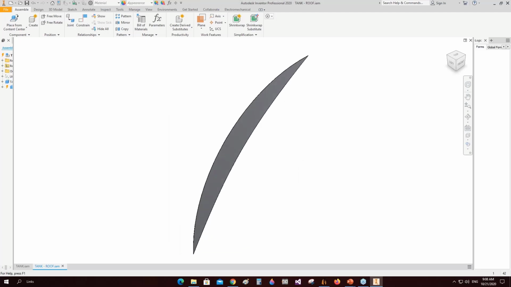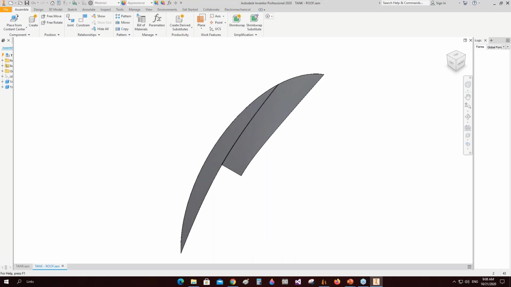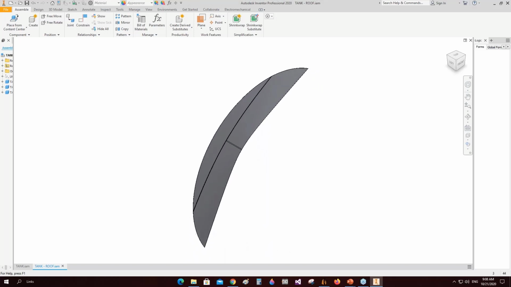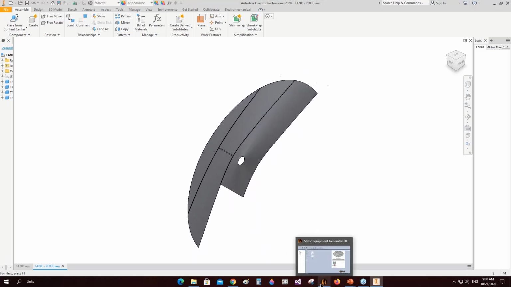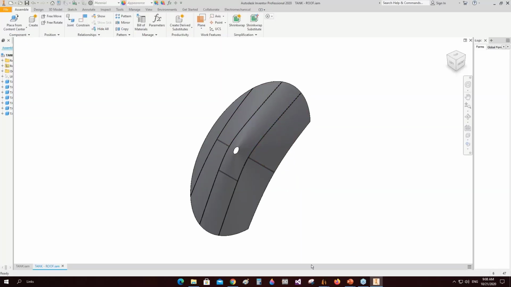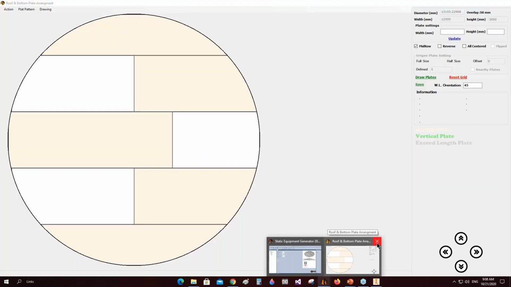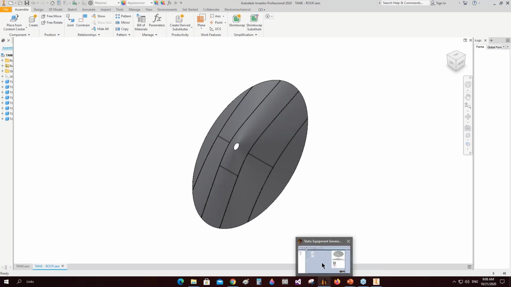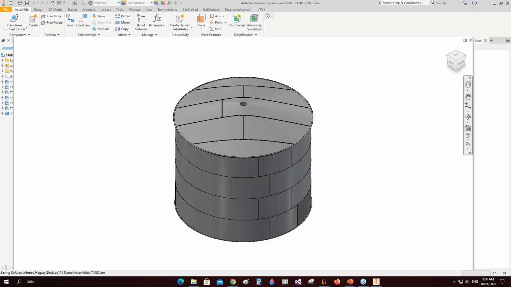The same for the bottom will be done on the roof. Each plate you created here will be created in the CAD software. Okay, so it's created here. After creation, it will be assembled to the final model. After that, we will add a clean outdoor to the shell plates and add a cover to